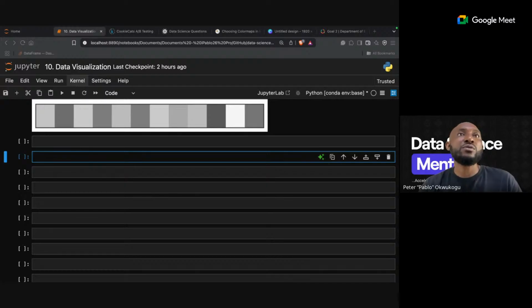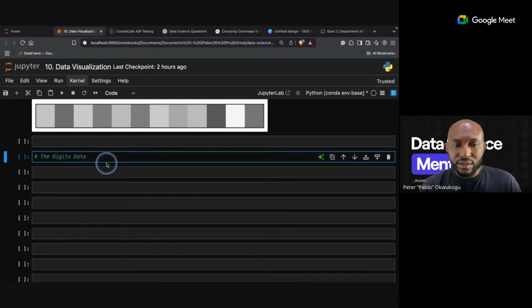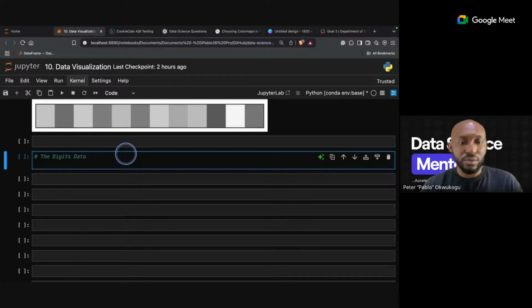Now, first, I am going to visualize the machine learning data, the digits data. That's what I'm going to do. We're going to look at the data we're working with. So here is the digits data. Now to do that, again, like I mentioned, the first thing I'll do is call our library, use our library. So we'll call this